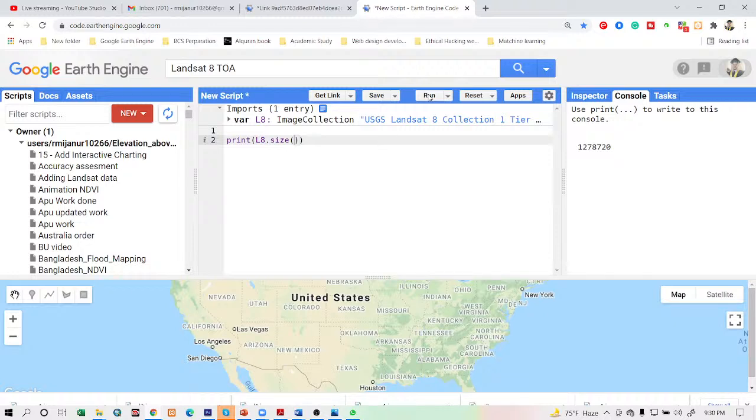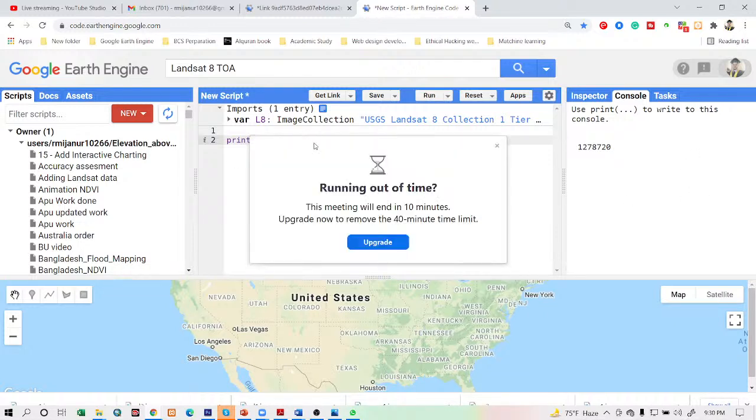Suppose I need Landsat 8 satellite imagery for Dhaka city, with not more than 1% cloud cover, and for the year 2017. So I can apply these factors one by one, and filter this whole collection one by one. First of all, I simply take a variable,